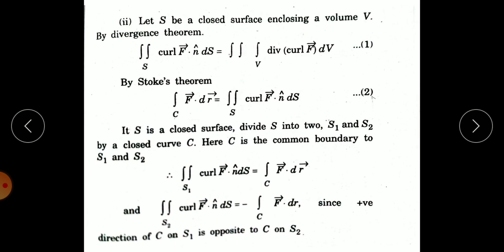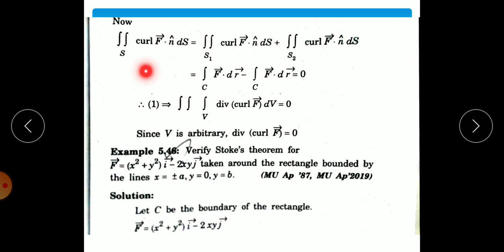So over S1, the integral of curl F vector dot n cap ds is equal to the integral over C of F dot dr vector, and over S2, the integral of curl F vector dot n cap ds is equal to minus the integral over C of F vector dot dr, since the positive direction of C is on S1 and the opposite direction of C is on S2. So now the double integral of curl F vector dot n cap ds over S1 plus S2